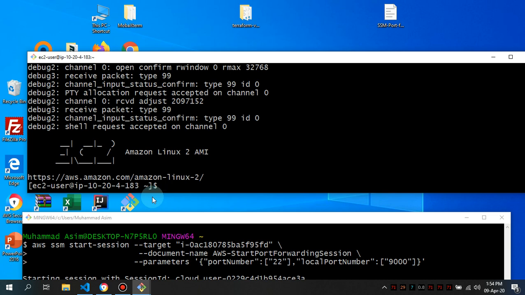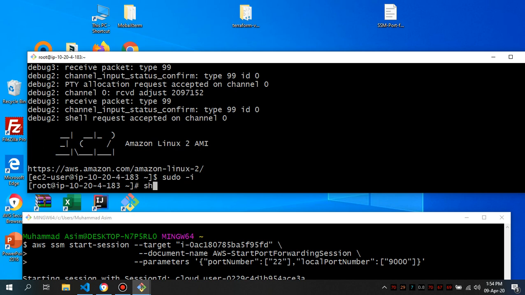And the trick I'm going to show you is how you can be really sure that this is the one we have accessed. So I'm going to use a dangerous command. Let me log in as root and run shutdown halt now. I'm not going to run it, I'm just going to show you that